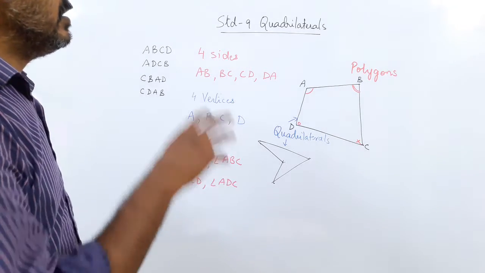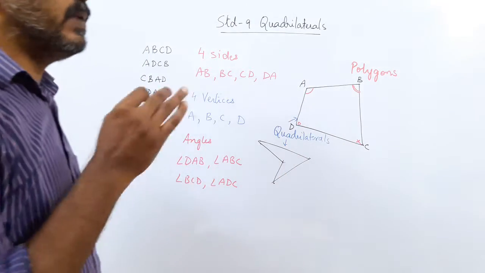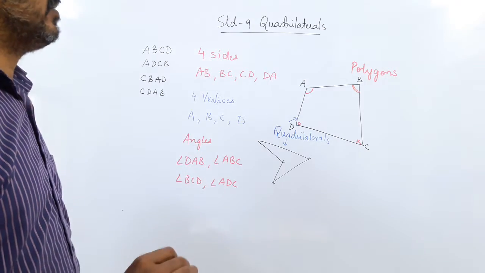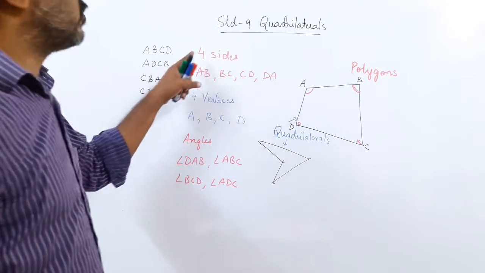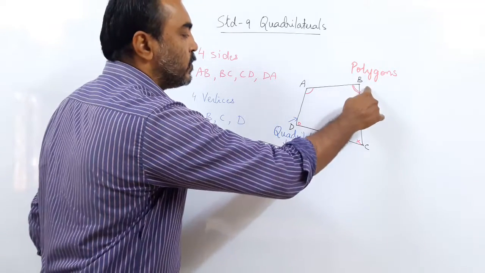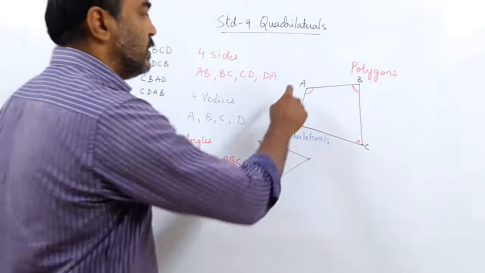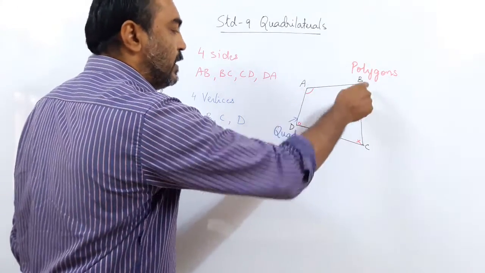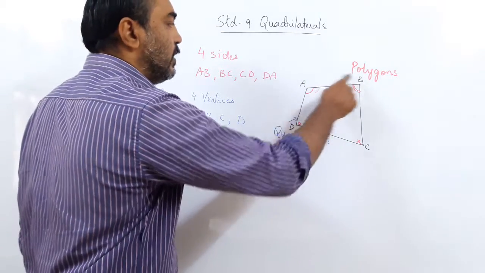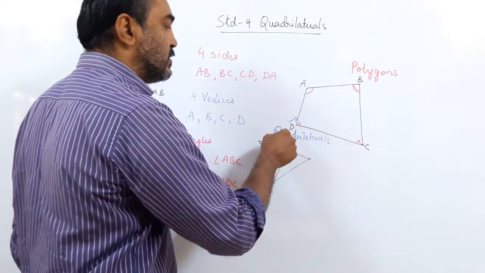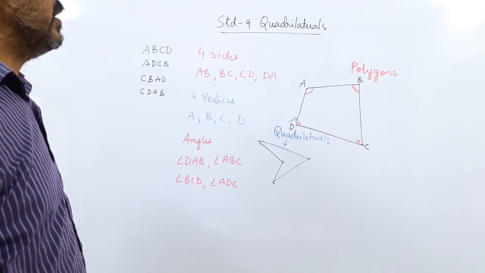Again, a quadrilateral is a polygon or a closed figure with 4 sides. So that is the basic definition of a quadrilateral. A quadrilateral is a closed figure of 4 sides. So it has got 4 sides. You name the 4 sides AB, BC, CD, DA. The vertices are A, B, C and D. The 4 end points are the vertices. The angles DAB, ABC, BCD and CDA are the 4 angles. Okay? So a quadrilateral has got 4 sides.